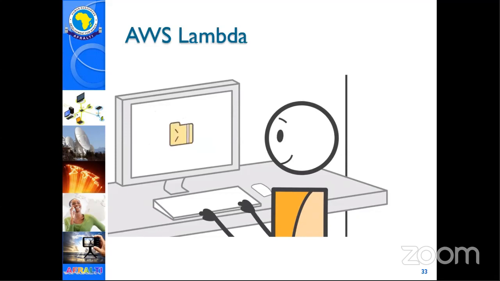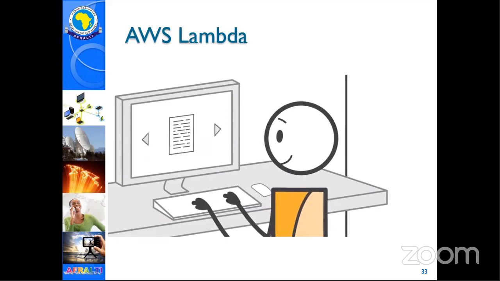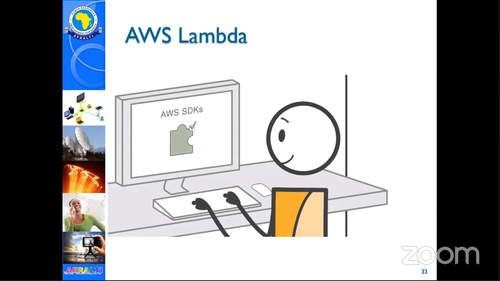The code you run on AWS Lambda is called a Lambda function. You just upload your code as a zip file or design it in the integrated development environment in the AWS Management Console. Or you can select from a list of function samples pre-built for common use cases such as image conversion, file compression, and change notifications. And built-in support for the AWS SDK makes it easy to call other AWS services.